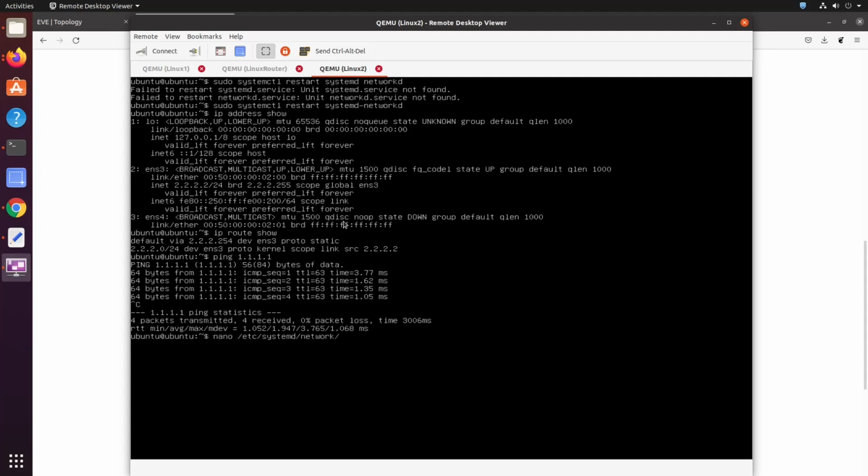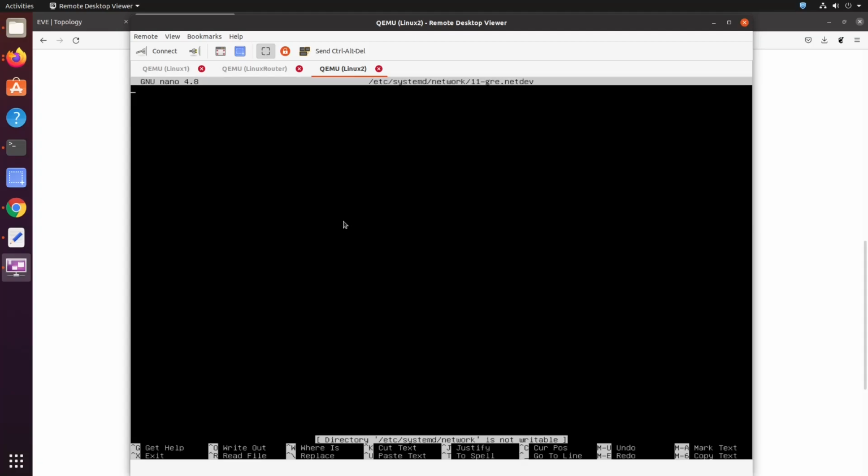Let's set up the other Linux box so we can bring up both sides of the GRE tunnel. We will do the same configuration. The only difference would be the local and remote IP addresses, which would be opposite. Also, the IP address of the interface is going to be 192.168.1.2.